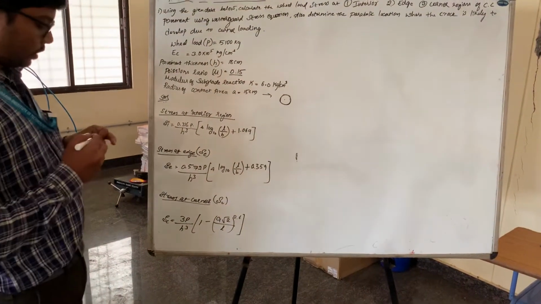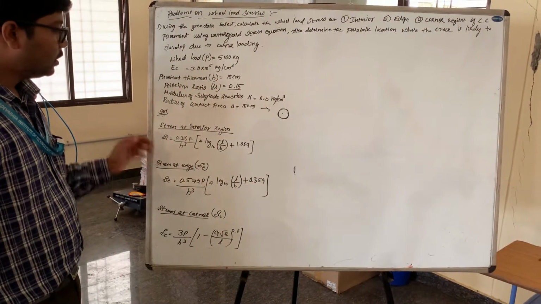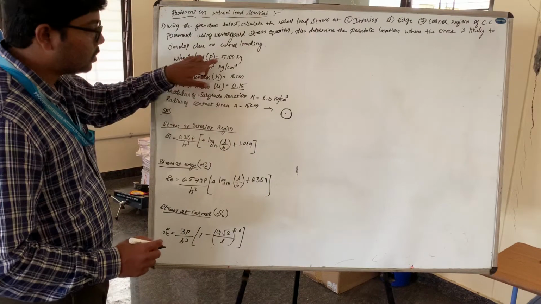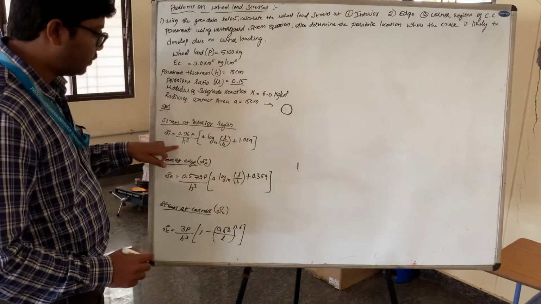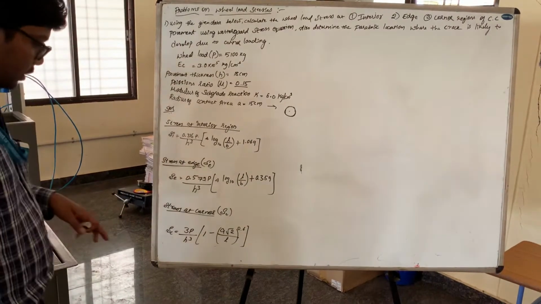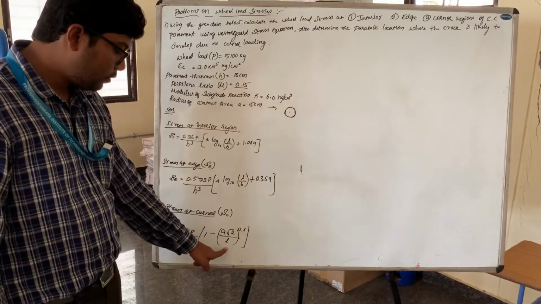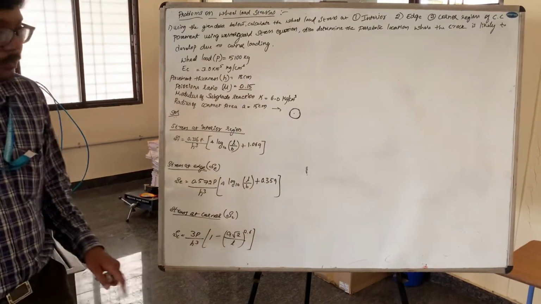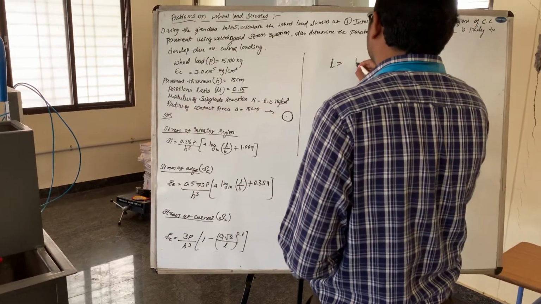Okay, next, we have a formula for the interior, edge and the corner. Here some of the data are given, and some are not given, which we have to calculate. First, P is given, that is 5100 kg, and H is the thickness of the pavement, that is 18 centimeter. Here we don't know the value of l. And the value of a is also given, that is 15 centimeter, and we have to find out the value of l. Load P and H value are given, so the first thing we have to find out is the value of l, the radius of relative stiffness.